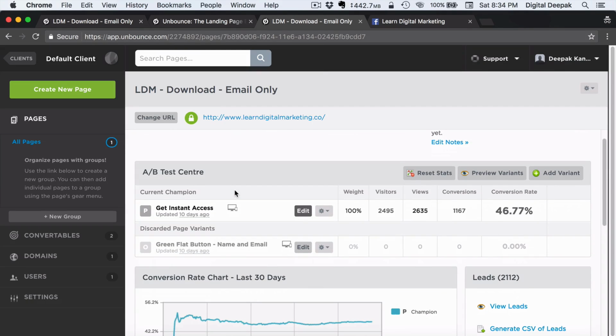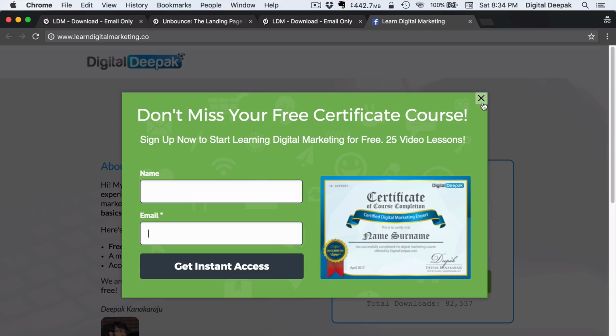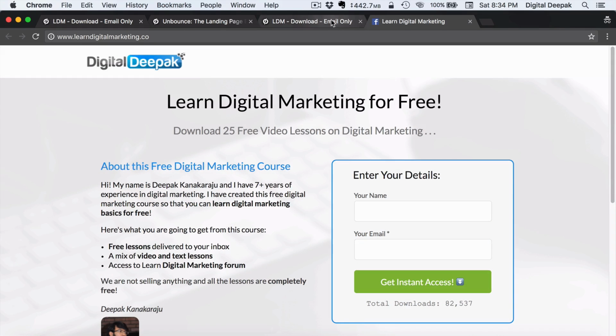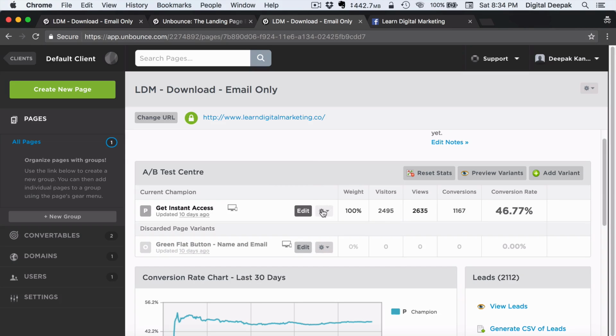Right now I am running only one version of this landing page, but I have something called the A/B test center here, which means that I can test 2 different variations of the landing page and see which one is performing better. For example, if I want to find out whether a green colored button or a red colored button would perform well, I would go ahead and create a duplicate of this page. I will click duplicate this variant,